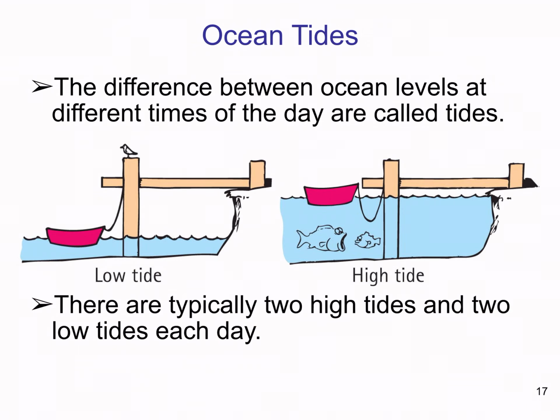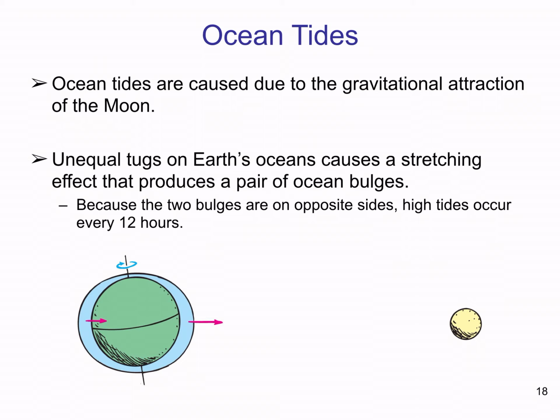Okay, and then the final phenomenon we want to talk about when it comes to gravity is the ocean tides. If you've ever been to the shore, you may have noticed that at different times of the day, the level of the water is higher or lower. The reason for that is due to the fact that we have this moon and it's orbiting around us. And normally we're thinking about the force that we exert on the moon, but Newton's third law tells us that whenever there is a force on something, then there should be an equal and opposite force on the other object. And so it's true that we are exerting a force of gravity on the moon, but the moon is also exerting a force of gravity on us.